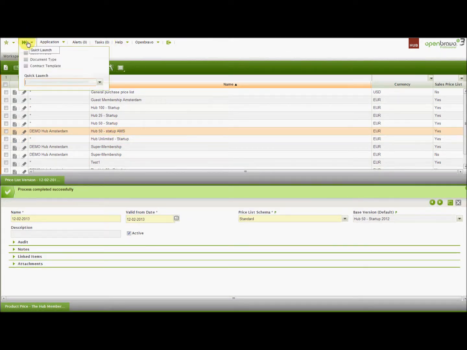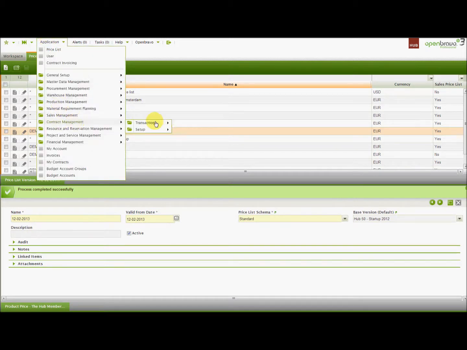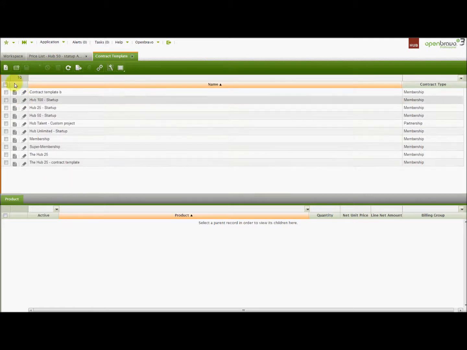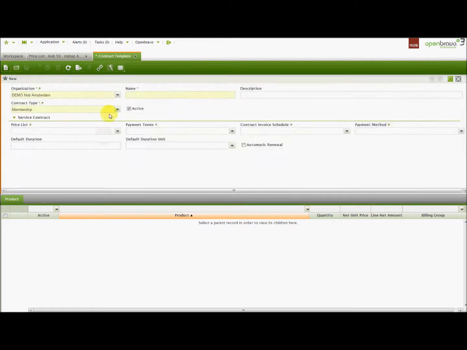So let's create a new template. Okay, I'm going to create it once again for the demo hub Amsterdam space. I'm going to call it demo template. The contract type for which I'm going to create this template is membership,